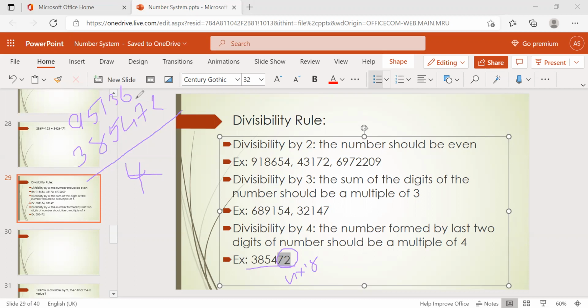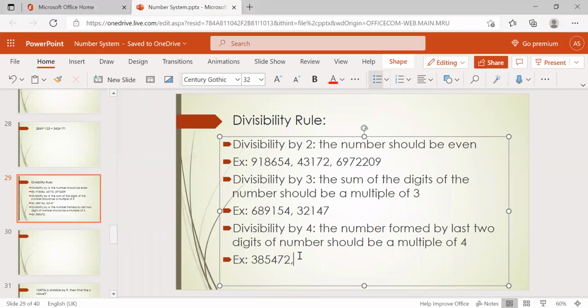So 6 will be there. 32, 8. So it's a multiple of this, right? So like this, if you check the last 2 digits, if it is a multiple of 4, then the total number will be divisible by 4. So there is a number's magic.